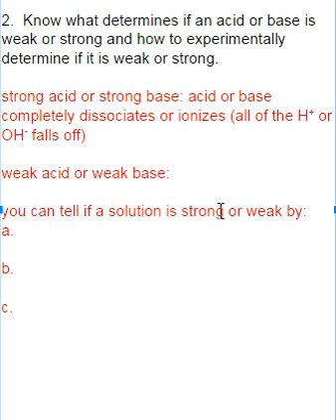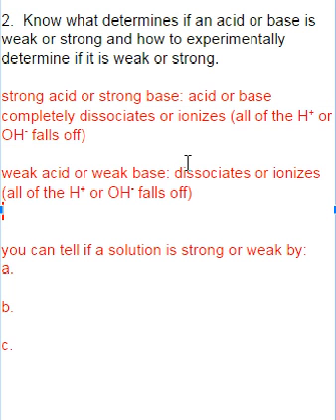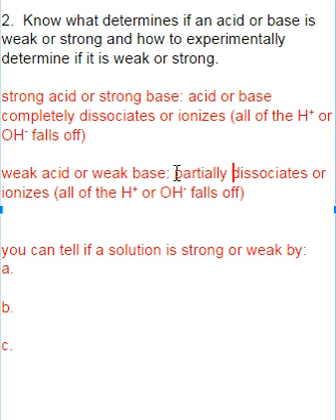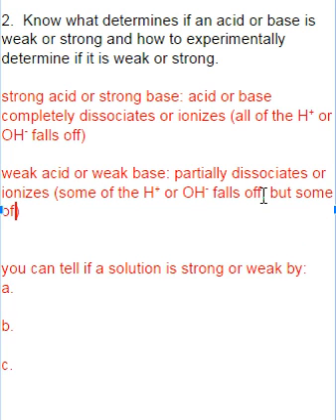Whereas a weak acid or base only partially dissociates or ionizes. So some of the hydrogen or OH falls off, but some of the original reactant, either your acid or base,